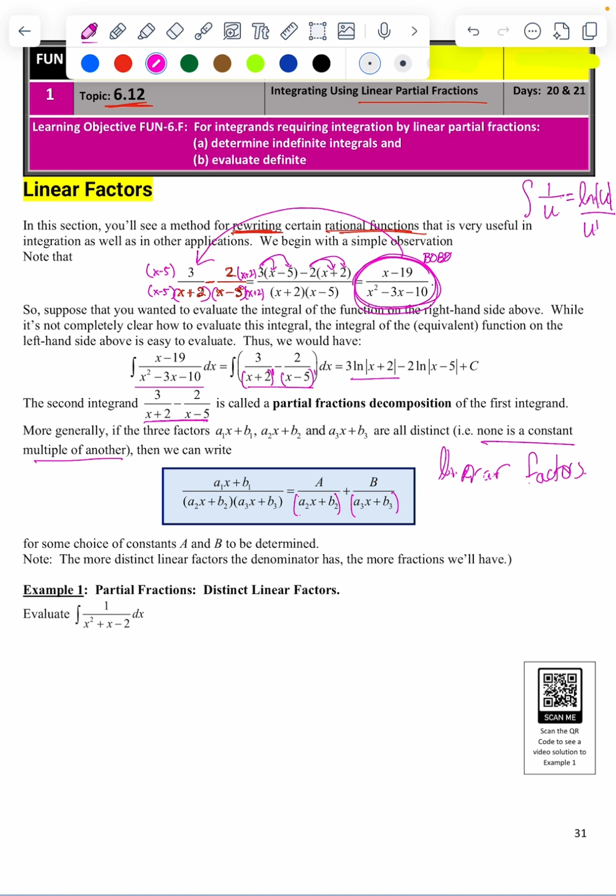Then we can rewrite this as A over ax plus b and B over ax plus b, and then use that to solve for A and B using algebra. So for some choices of constants A and B, the more distinct linear factors the denominator has,